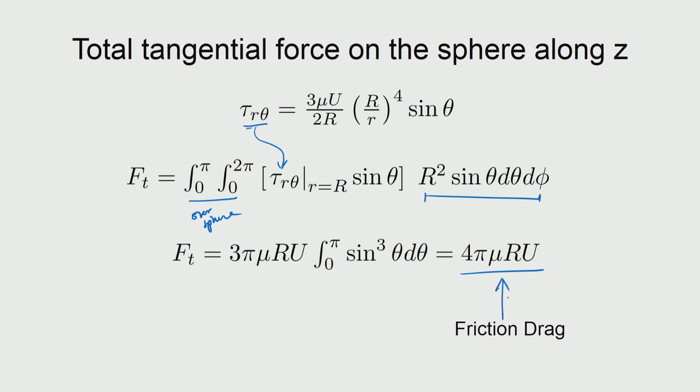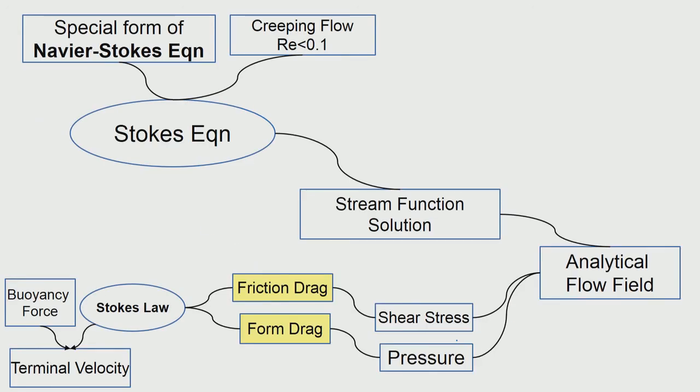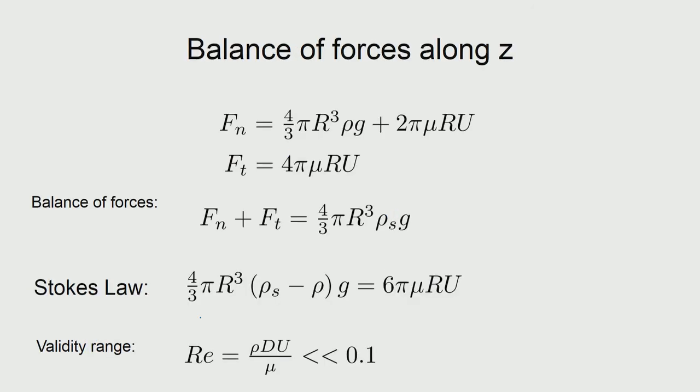So there are two components of drag that are acting on the sphere because of the flow that is happening around it, the form drag and the friction drag, and as you can see, the form drag is coming from the normal stresses, the friction drag is coming from the tangential stresses. So when you add these two, that is when you get the Stokes law. So basically the normal and the tangential components of the forces in the z direction are available. So when you then add them up, it should actually match the weight of the solid in case the total forces cancel and the solid is actually falling down at a velocity u, which is the terminal velocity.